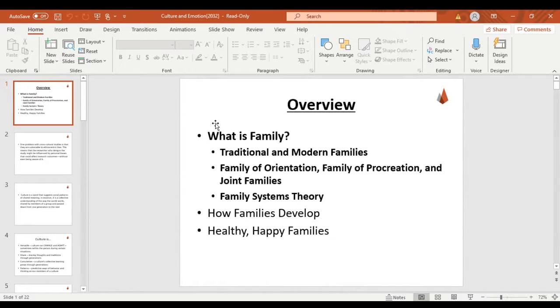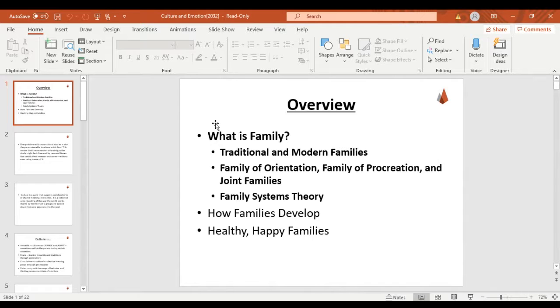So this is going to just be a bit of an overview of culture. And to start with talking about culture, we have to talk about family. What is family? So we have this idea of traditional families, mom and dad, brother and sister, and now the more modern families, having step parents or having adopted kids or having two moms or two dads. So all of these are normal, but we're seeing kind of a trend towards these new modern families.